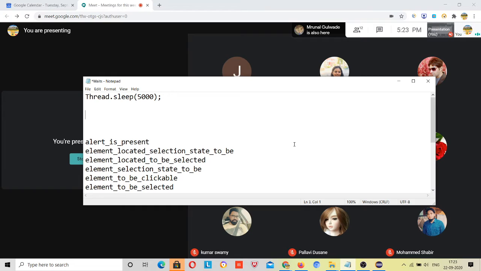So we will be applying these waits, and we will be learning this in depth. How can we apply, what is implicit wait, what is explicit wait, what is fluent wait, and what is the difference between explicit and implicit wait, when to apply implicit wait, when to apply explicit, drawbacks of the implicit wait, benefits of the implicit wait, and the same for explicit and fluent wait, right?